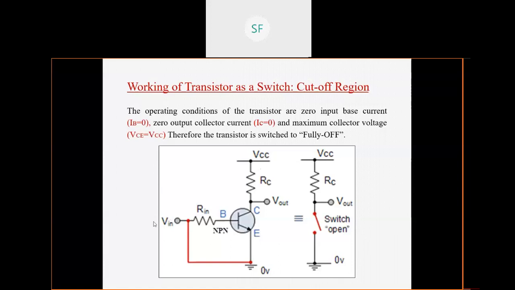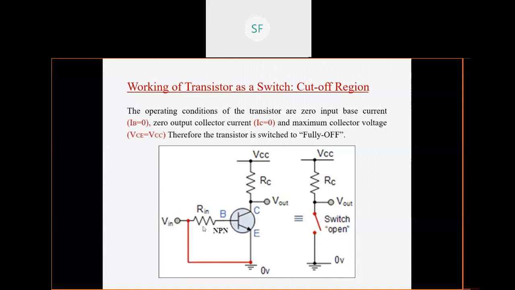Okay, so Vin is nothing but the input voltage, Rin is the input resistance, or in many cases it can also be termed RB, base resistance, you can also say, one and the same. Since here I took Vin, that's why I have taken it as Rin. Again, collector resistor you already know, and VCE will be your output. Okay, the emitter is directly connected to the ground.